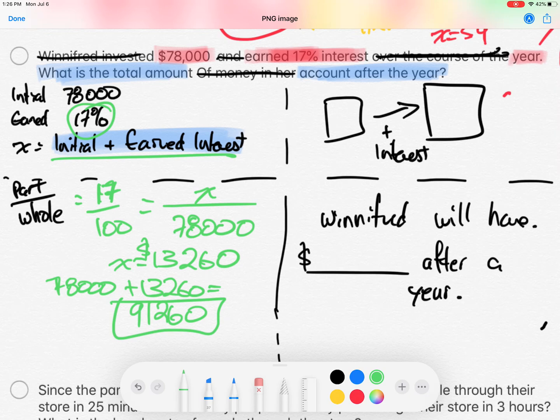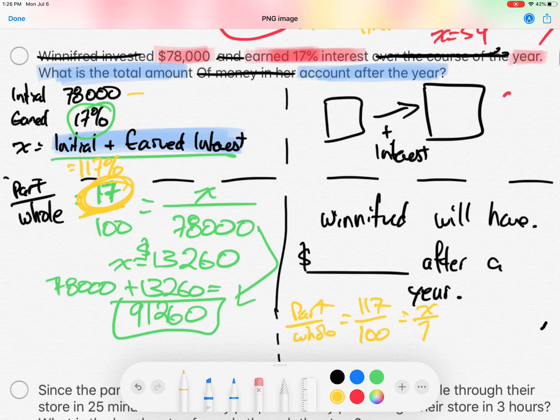Now, how could we do this in one step? This is when it pays to start thinking through things. So the way we can do this is that we're not just earning 17%. If we want to find out the total, we could also calculate 117%. So this time, let's do it again. We're going to go part over whole. It's going to give me 117% because we're adding this 17% to what we already have,